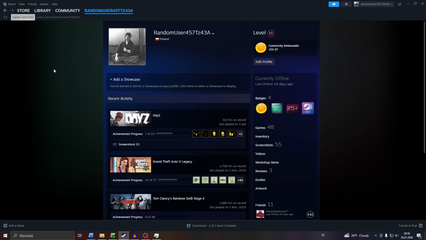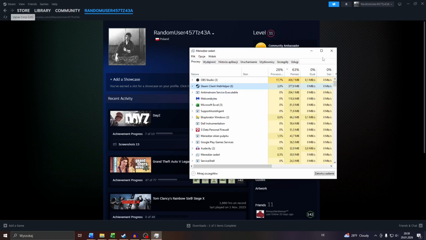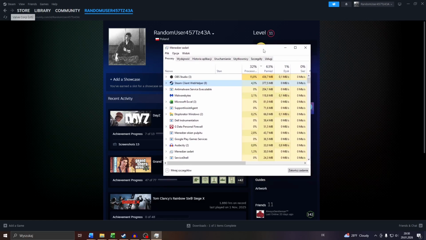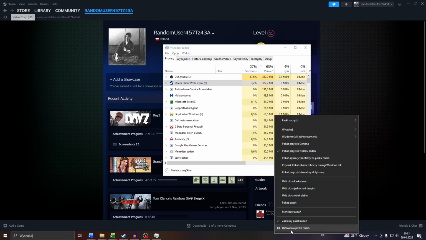What you want to do, guys, is navigate to Steam, log into it, and once you're inside Steam and you're still experiencing this issue, you may navigate to your device's task manager. If you don't know how to access your task manager, simply use the shortcut Control Alt and which one was it? I guess it was Delete. It may depend on your keyboard and your device. However, guys, you may always simply right click on the taskbar at the bottom and select the task manager